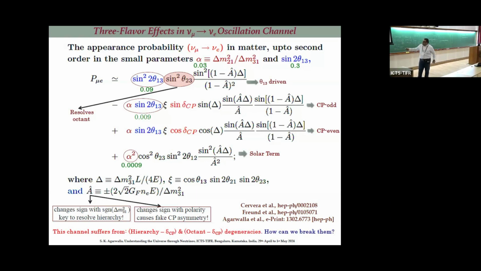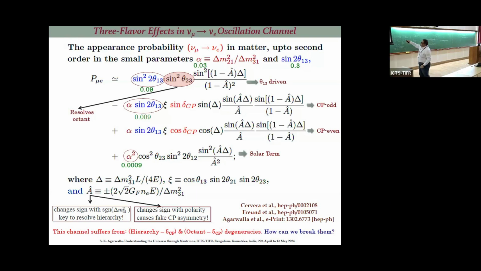Okay, so this is the solar term. So there is no theta 13 dependent nu mu to nu e appearance. If theta 13 would have been 0 in 2012, there would be no long baseline program. Imagine the consequence of a large, non-zero theta 13. If theta 13 would have been 0, there is hardly any physics you can do with T2K, NOvA, DUNE and T2HyperK.